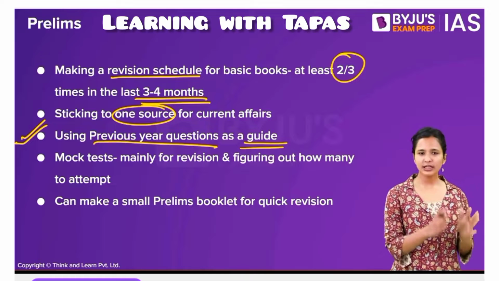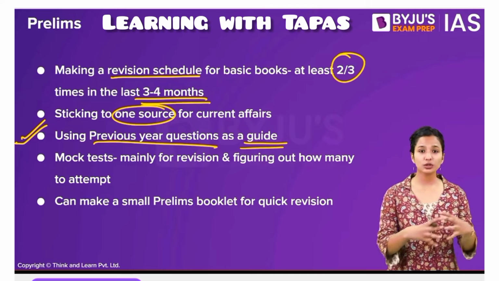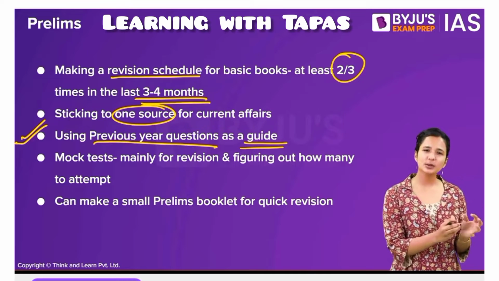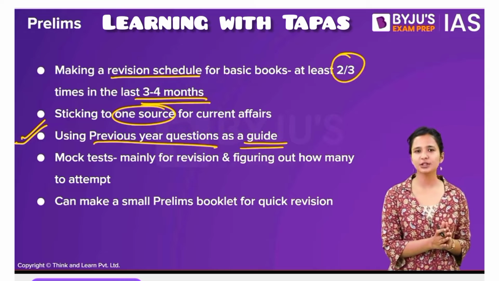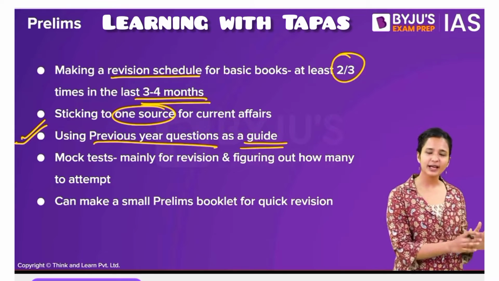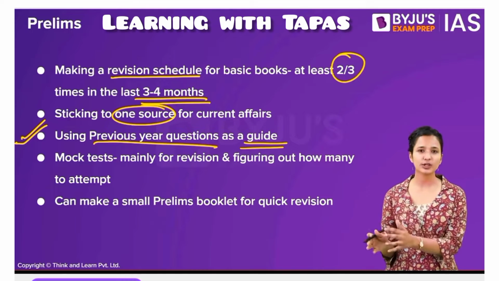Even if you didn't answer that question that time, in 2021 another question on Mongols came, so the topic was the same. There were slight differences in how the question was framed, and obviously the question was also slightly different. But if someone had gone back and analyzed that previous year question paper, he or she would have been able to answer that question this year.